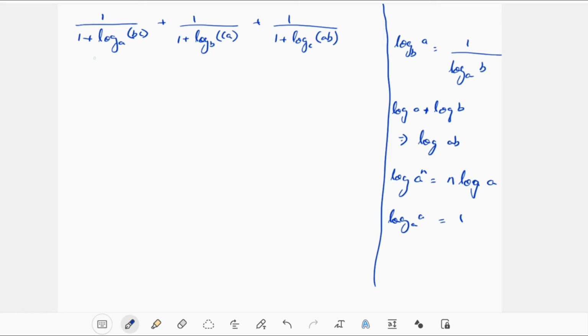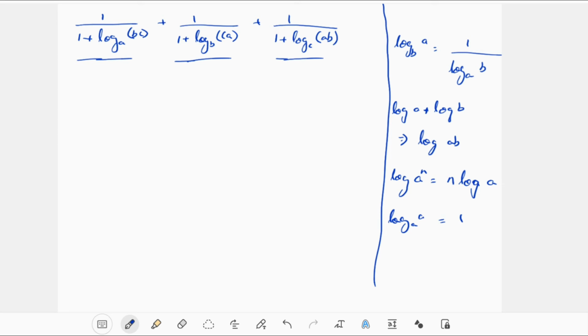Here in the first one, it is log having base A, log having base B, and log having base C. The terms are having different bases. We have to make them into the same base. But unlike the previous problem, I cannot directly invert these fractions, because in addition to the log value, I also have another 1 in the denominator. You can see there is 1 plus log of some value in the denominator for all three fractions. So I can't invert this fraction as it is.